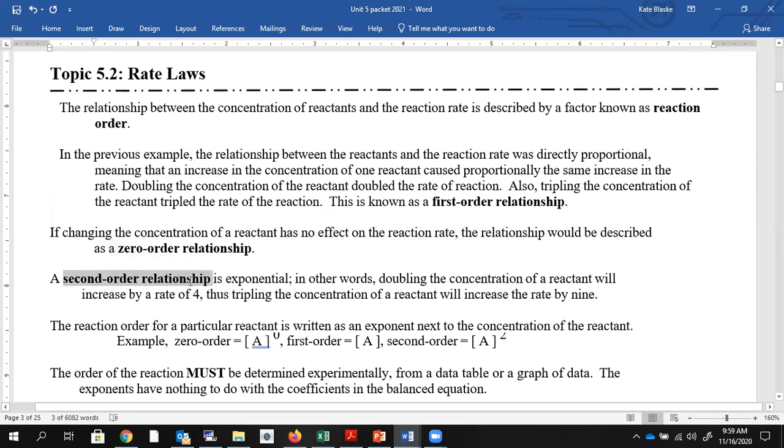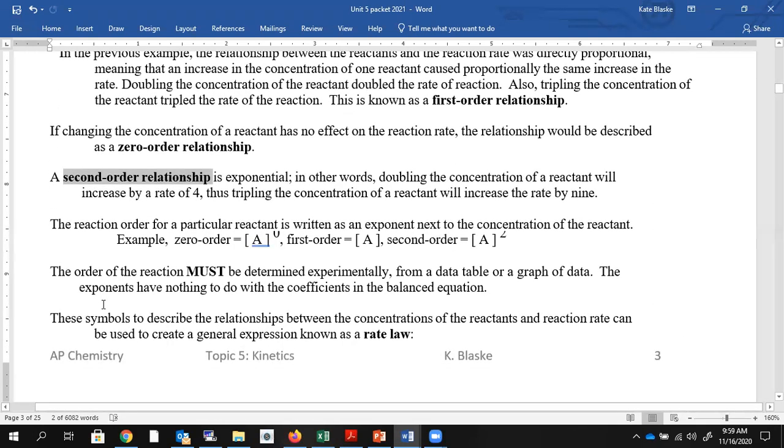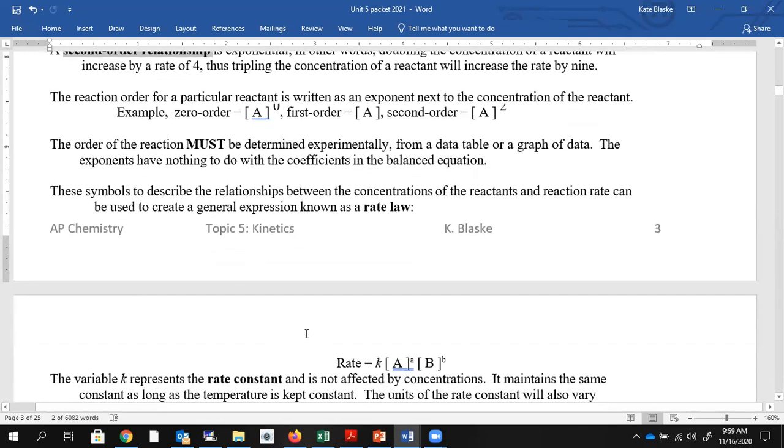A 2nd order relationship is an exponential relationship. So if I double my concentration, but my rate changes by a factor of 4, then that is going to be a 2nd order relationship. When we write this out, we can write out something called a rate law. And so a rate law is written always in this format,